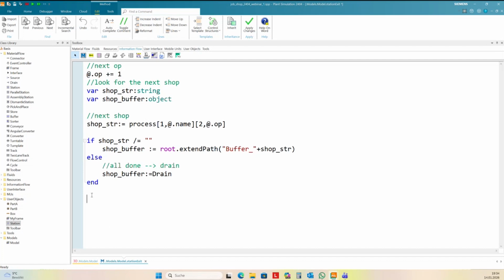And then we need to wait until job buffer is not full. And then you move the part to job buffer.